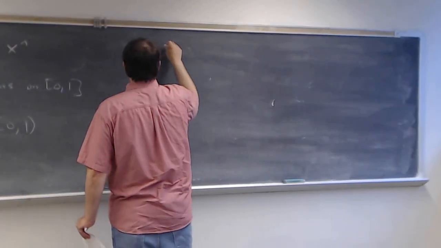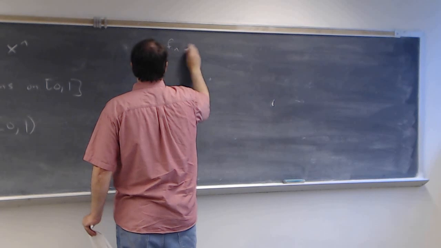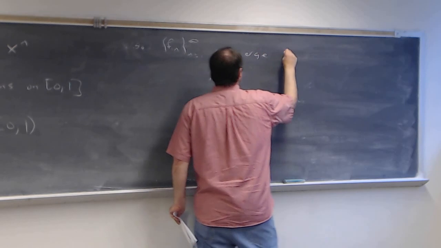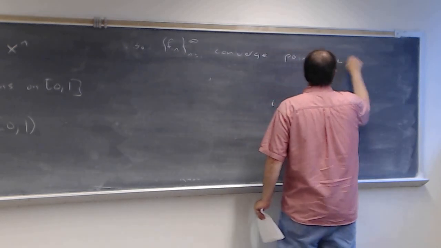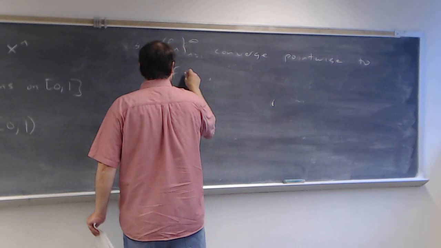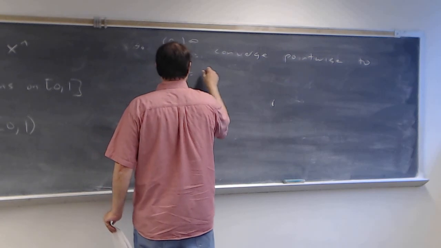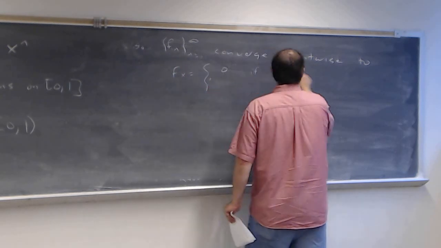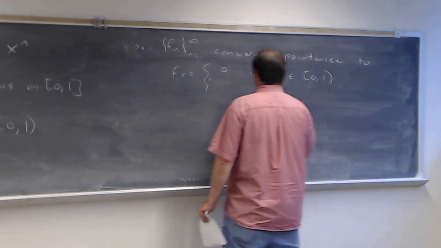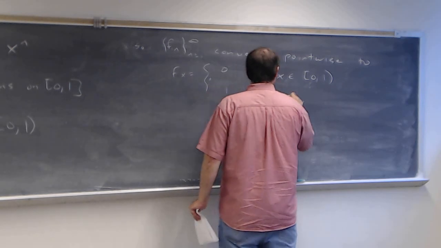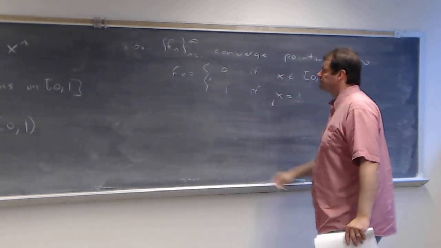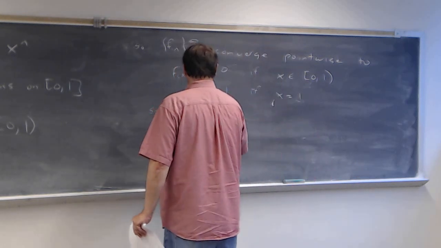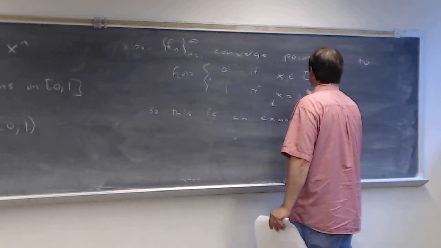So this means that our sequence of f sub n's converges pointwise to f, so f of x is equal to 0 if x is an element of 0 to 1, but not including 1, and 1 if x equals 1. Right? And so this is an example